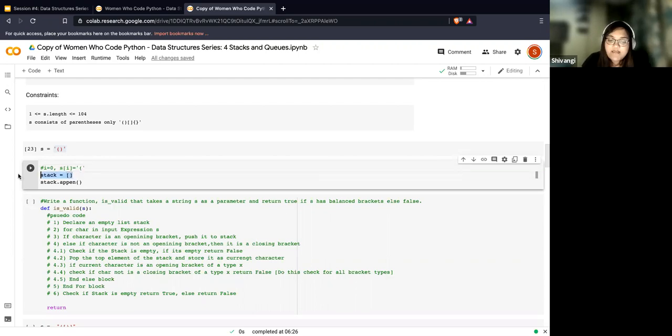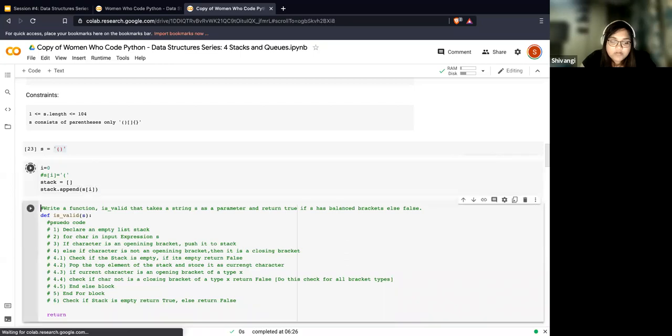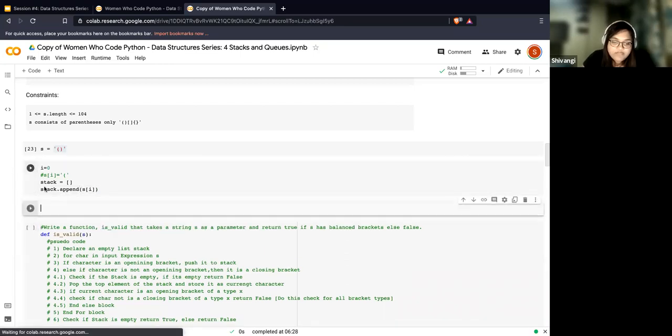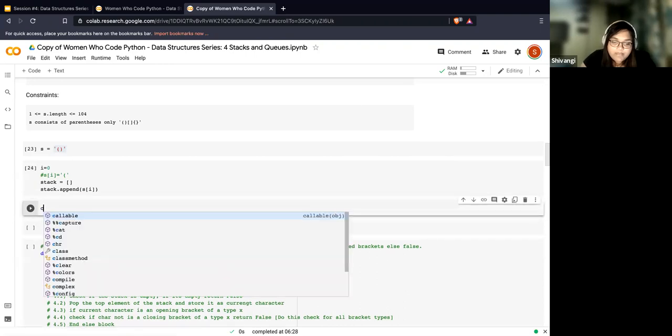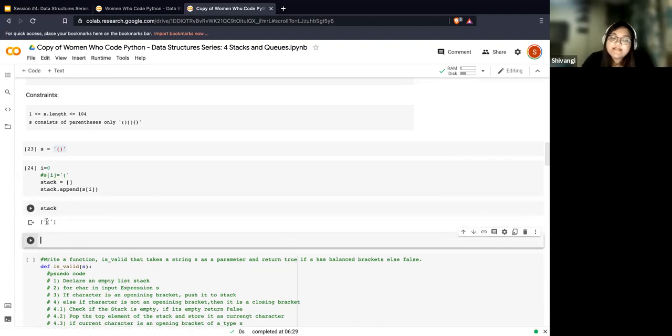So if I declare the stack, now I'm going to add something into the stack, which is going to be S of I. I'm going to append S of I. So let's just see how the stack looks. The stack has only one element, which is the opening braces.